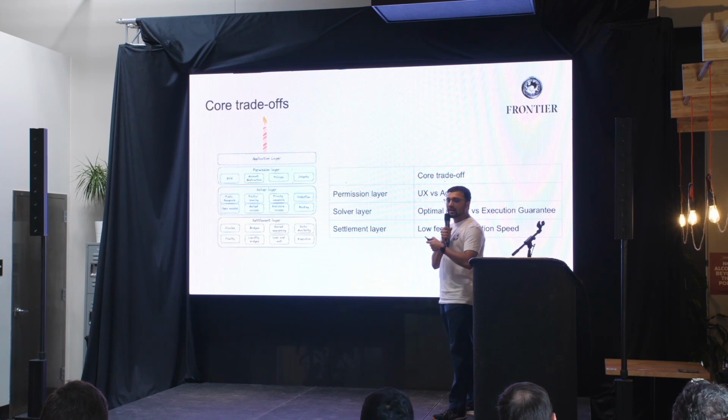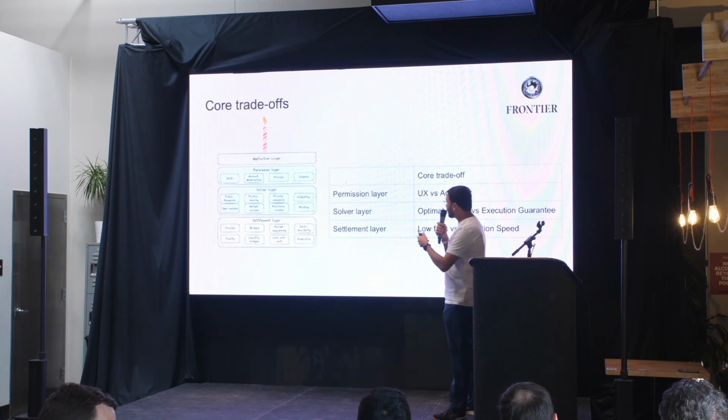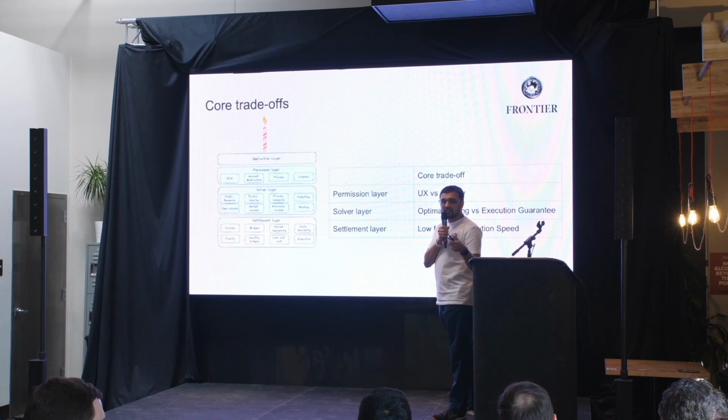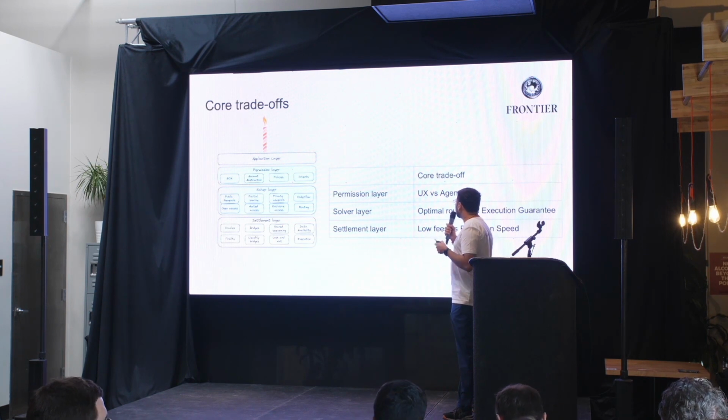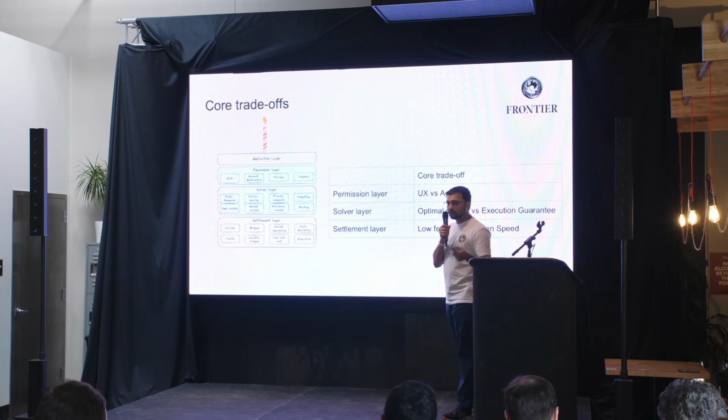But if they want better UX, they would give control to the solver in between. So you have things like account abstraction or policy-based wallets, which are Telegram bots or what Neil is building, as examples of these permission layer infrastructure options,